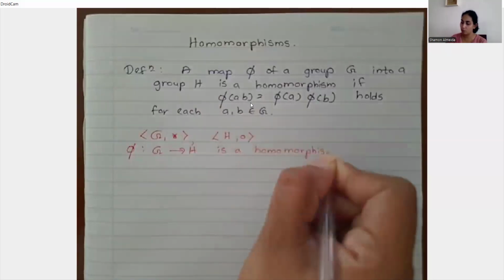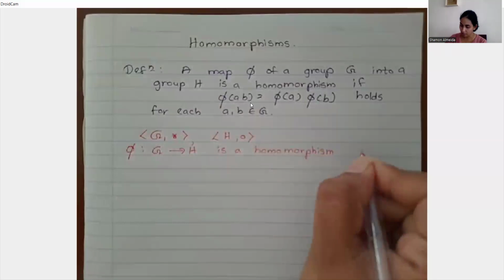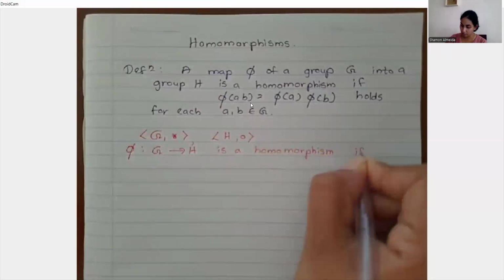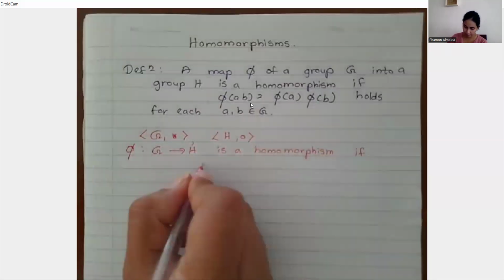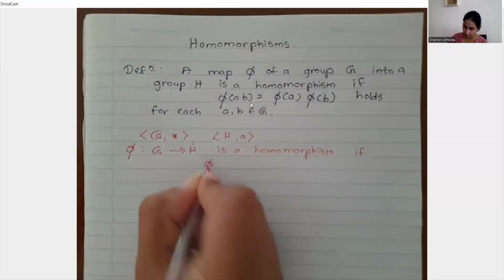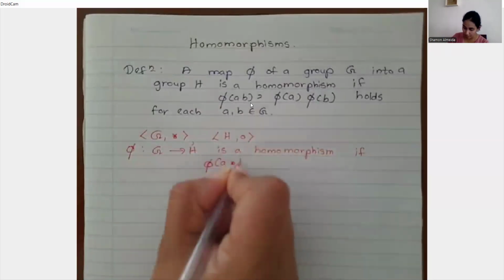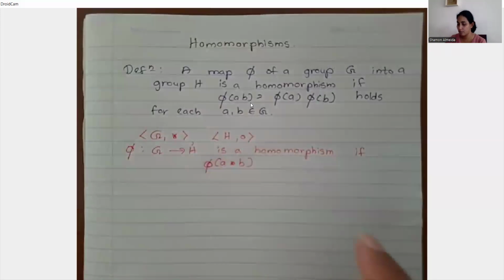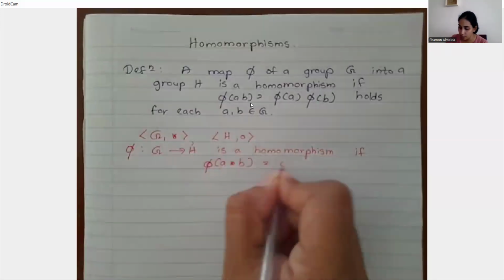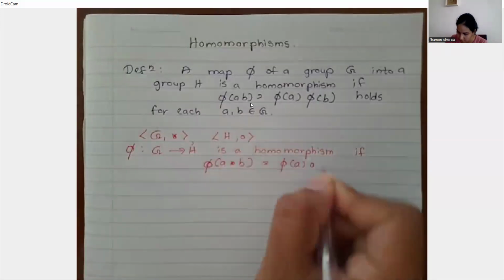This function is a homomorphism if phi of A star B, you're taking two elements from G, is equal to phi of A circle phi